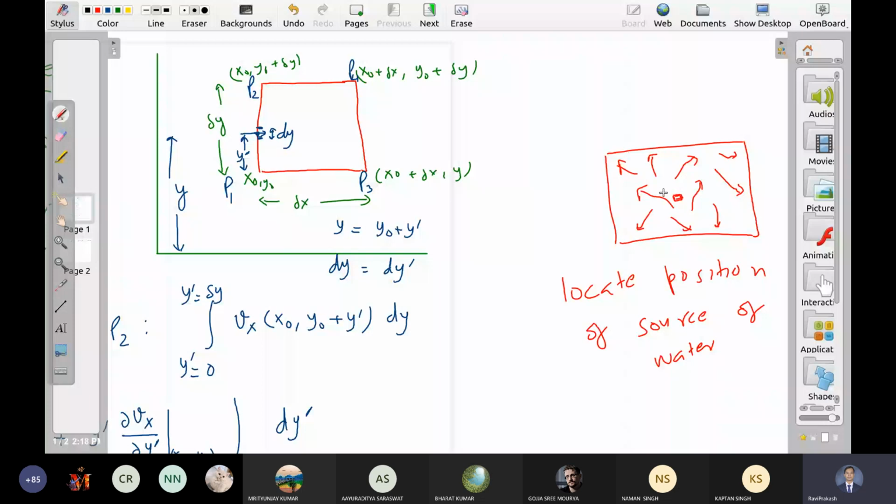So that's why we take a very small area here of length delta x, delta y, and just calculate how much is the outgoing flow. If it is 0, no source. Positive means there is a water source. Negative means there is a hole. Now we take the limit. Okay, we just shrink. If we are looking for whether there is a water source at this end or not, now we shrink this, and if we get a water source here, obviously we will get this term positive.